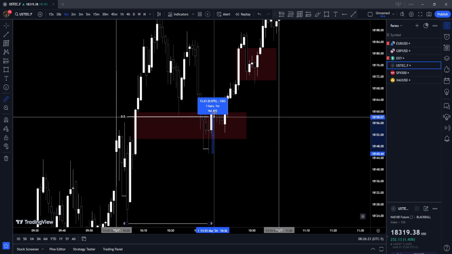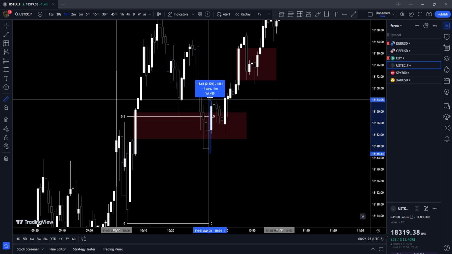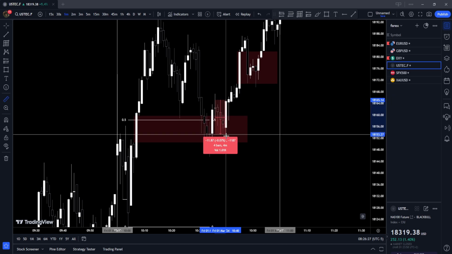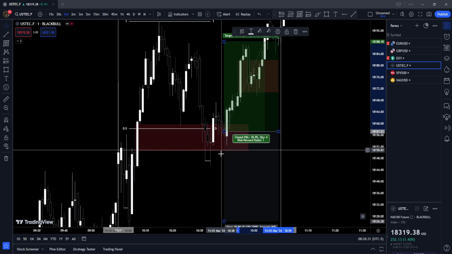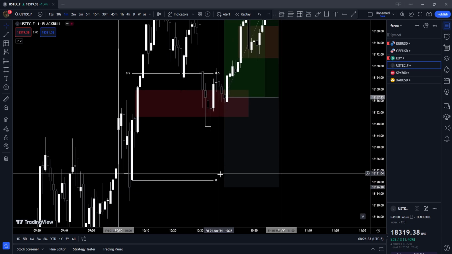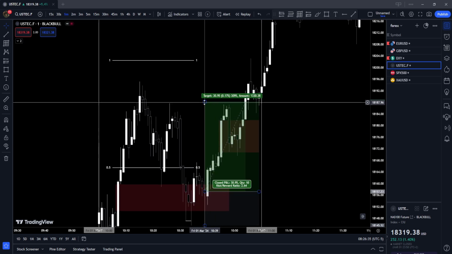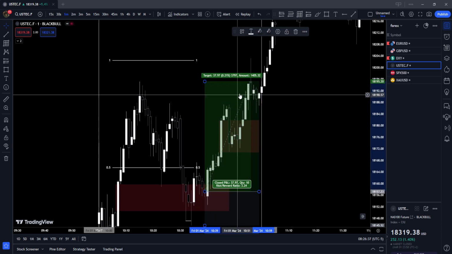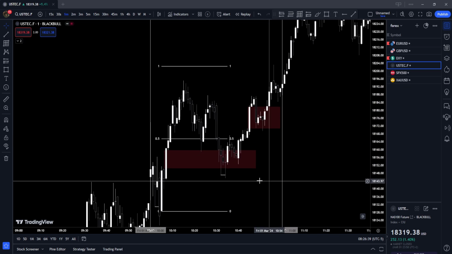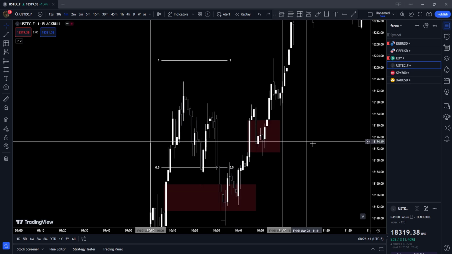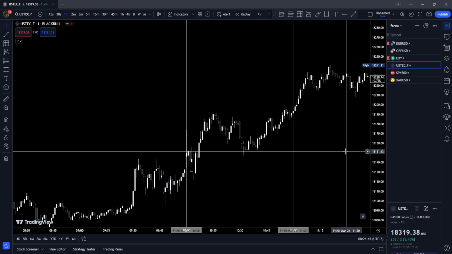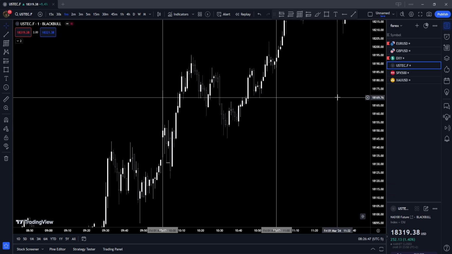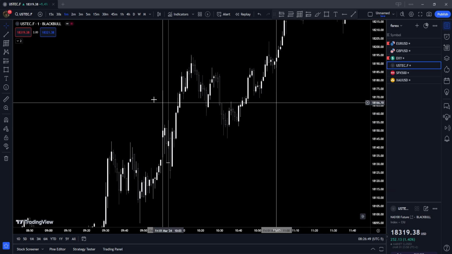On a 15-second or 30-second time frame, this could have been a displacement, and this is a retracement to the fair value gap, and you could have entered long over here, put your stop on the low and TP on the opposing liquidity. But let's say you don't have a 30-second time frame, as I don't right now. So the solution is you use an inversion fair value gap entry.